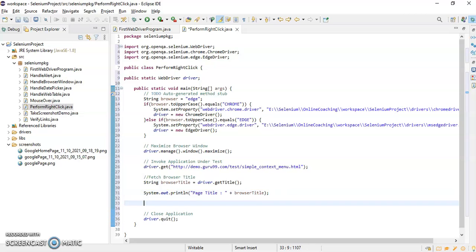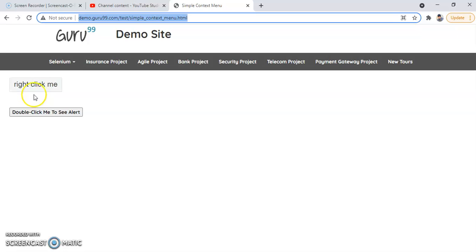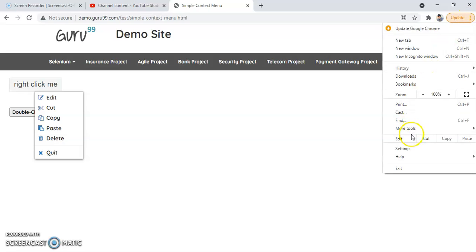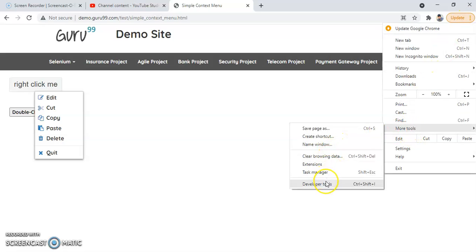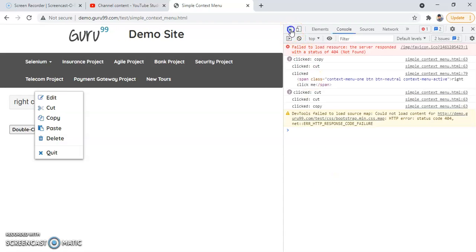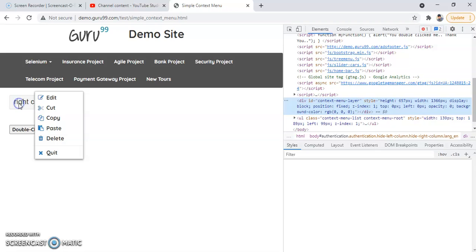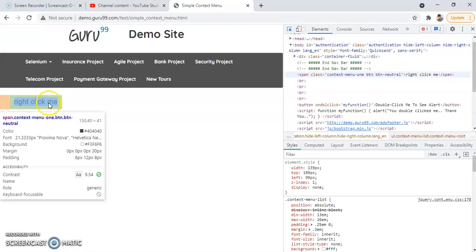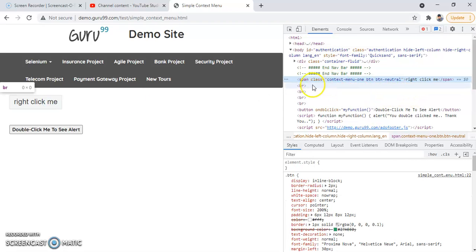After that, what we have to do, we have to perform right click on that particular button, right? So let's inspect this button. I will open DevTools and inspect on it. Okay.